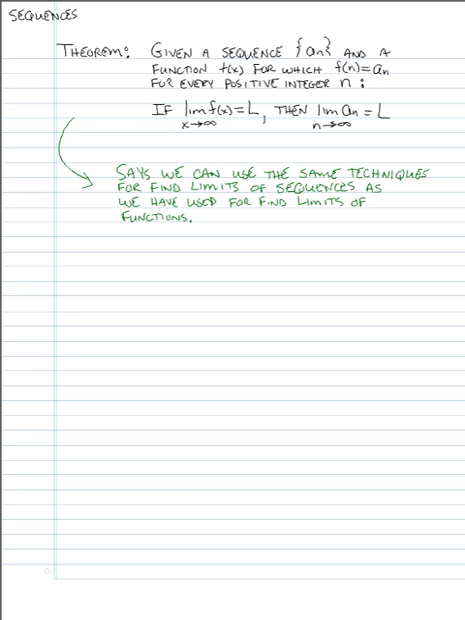So as I was saying, the significance of this is it really tells us that we can use exactly the same techniques for finding limits of sequences as what we've done in the past for finding limits of functions, because we can treat it like we were finding the limit of the function. So just as an example,